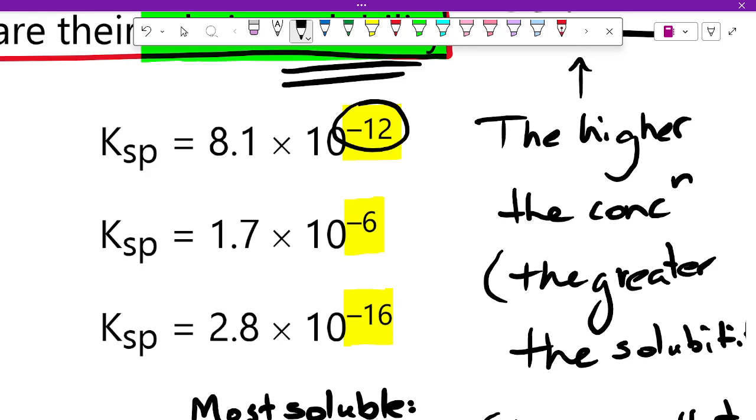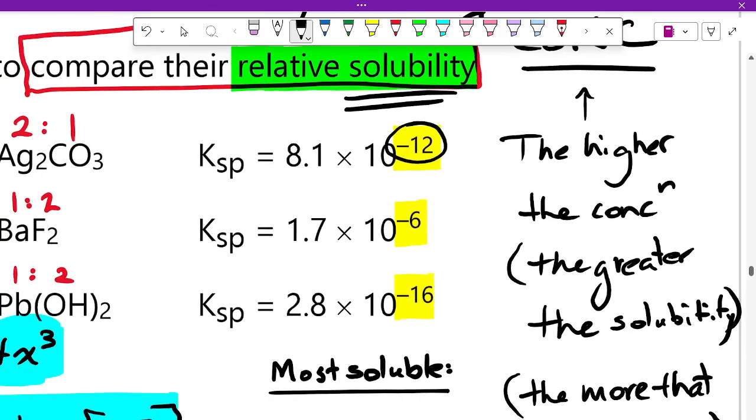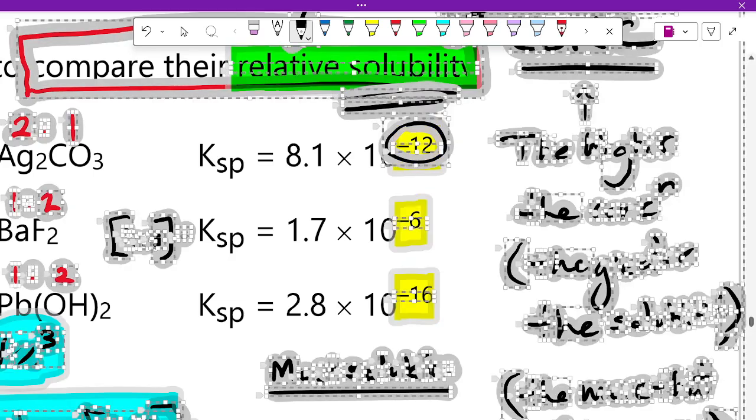If the KSP, which remember is the concentration of the ions, right? It's proportional to the, actually,